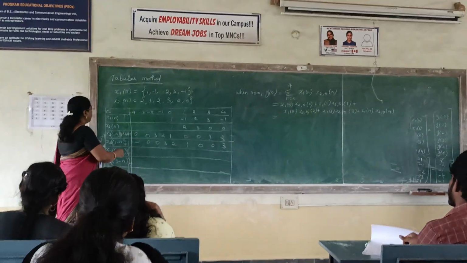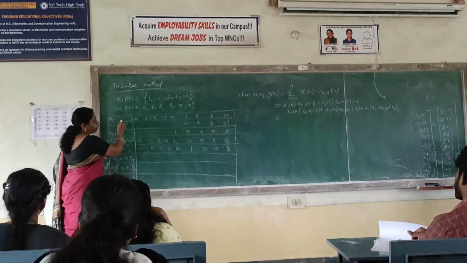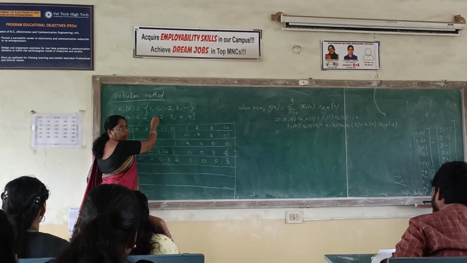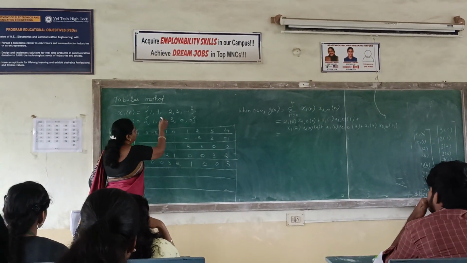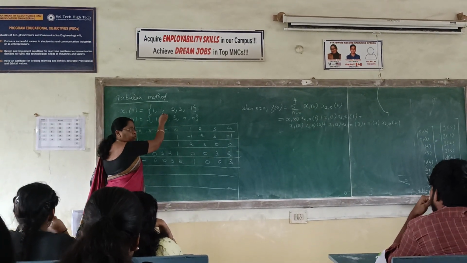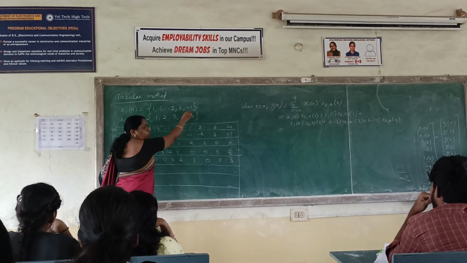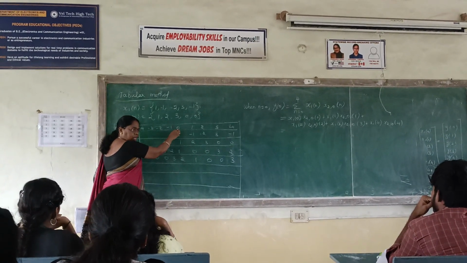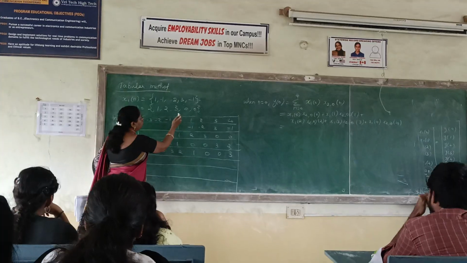So what we have done here is we have taken the corresponding samples. How many samples do we have here? 5 samples. With respect to this is x1 of 0, x1 of 1, 2, 3, 4. Total samples here is 5. So we have to take the 0. So totally how many samples for this side?